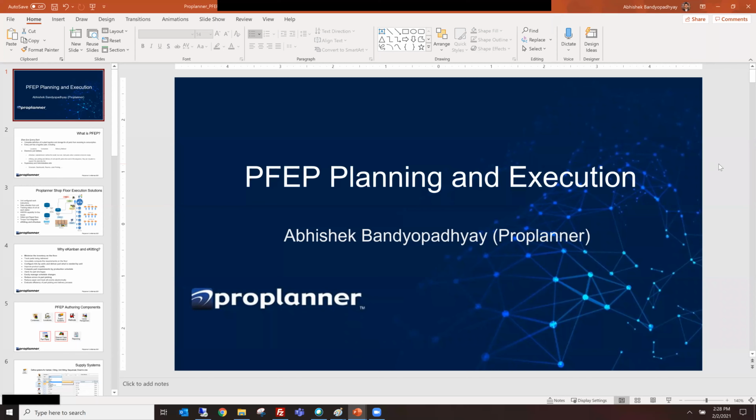So as Dan was mentioning earlier, this is an area of the application that we've added to in the last year, especially with moving the execution side of things, the application that was being used for the PFEP execution, to an Android environment. But before we get into that, I just wanted to basically go through the entire PFEP process in Proplanner and